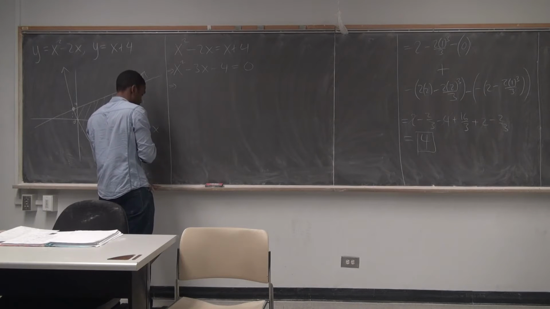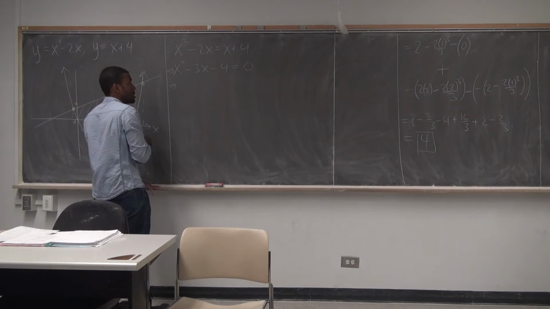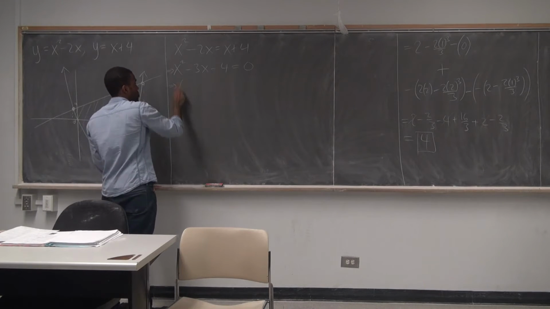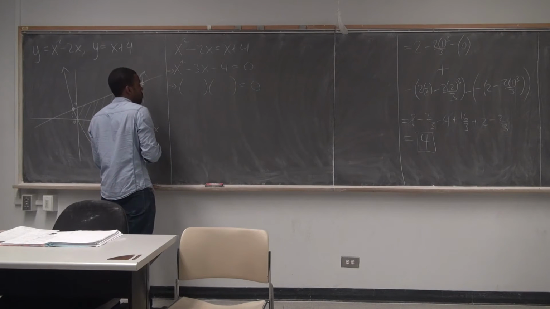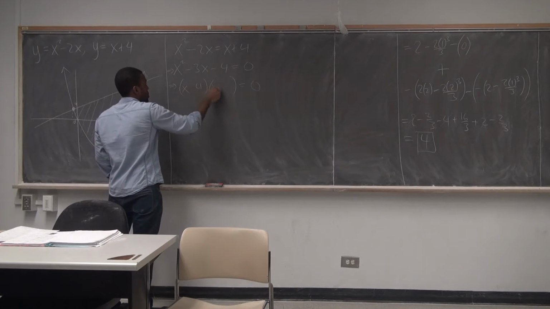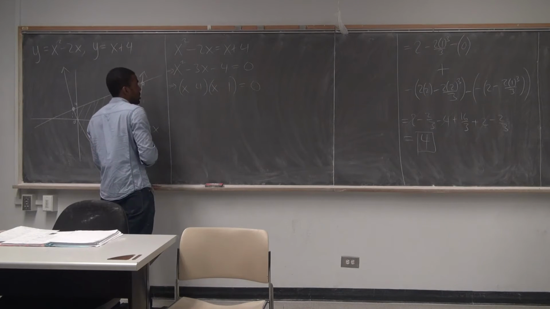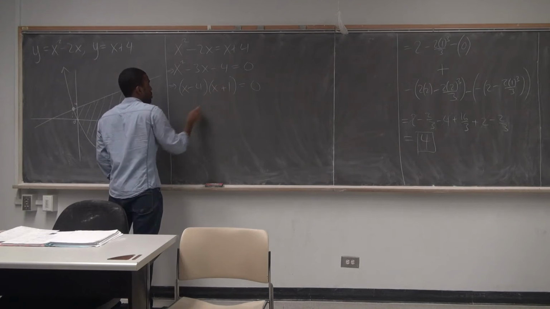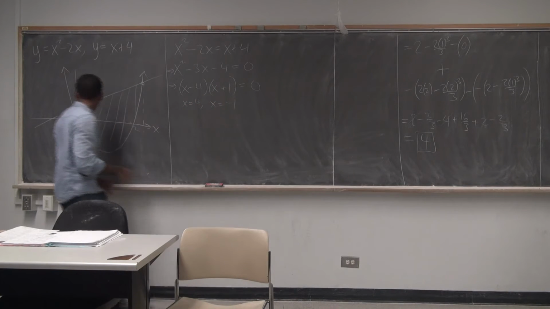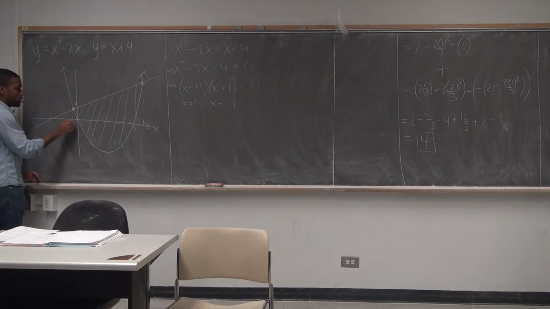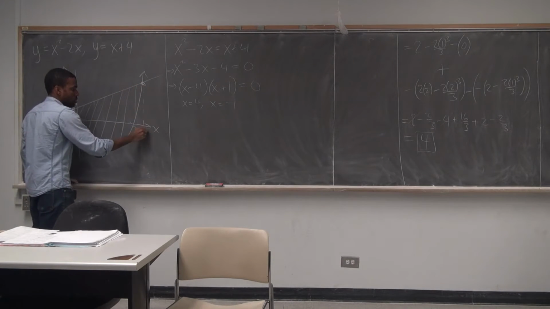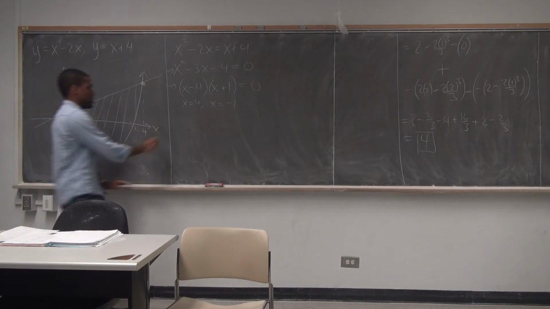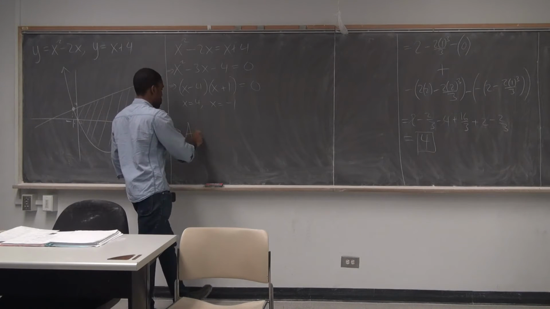What do I do now? Factor. What do you get? I assume minus 4 and plus 1 would work, so my x is either 4 or my x is minus 1. So this guy here is at minus 1, and this guy over here will intersect at 4, which means that my area would be